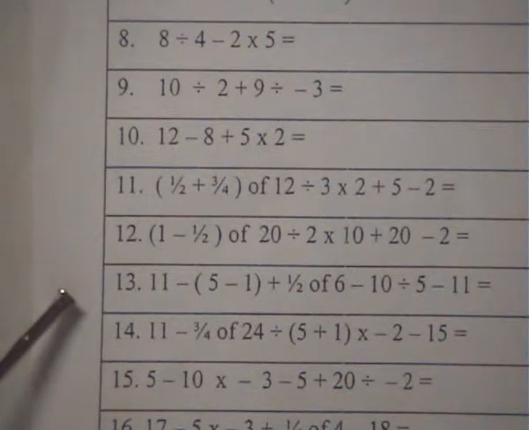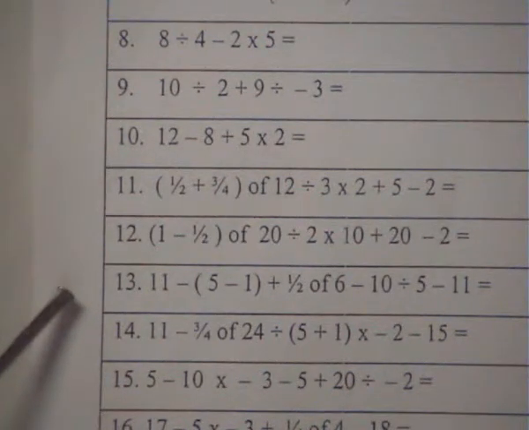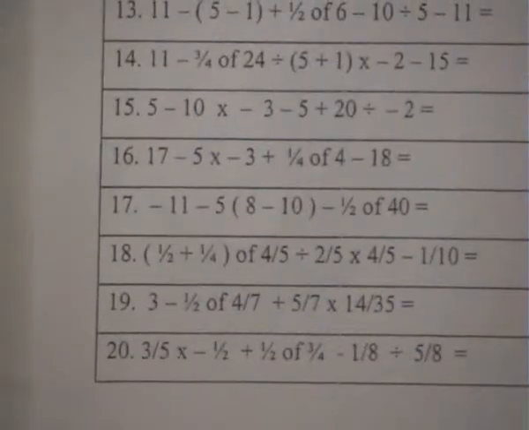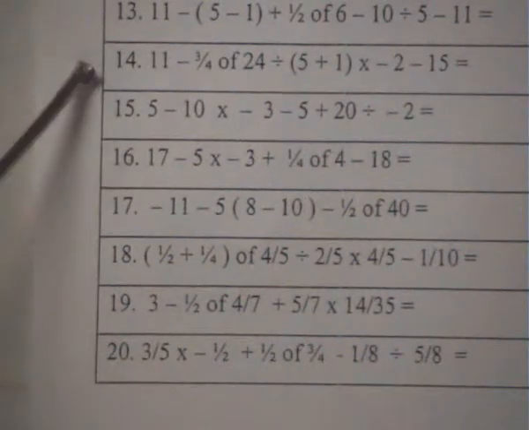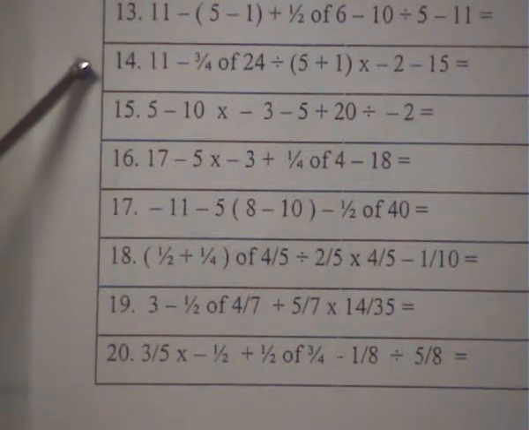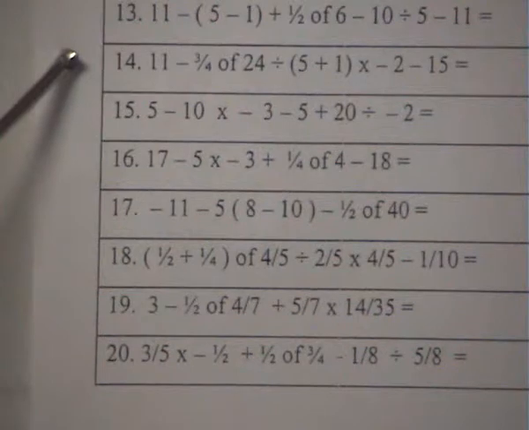Number 13, 11 minus open bracket 5 minus 1 close bracket plus half of 6 minus 10 divided by 5 minus 11. Right, number 14, 11 minus 3/4 of 24 divided open bracket 5 plus 1 close bracket times minus 2 minus